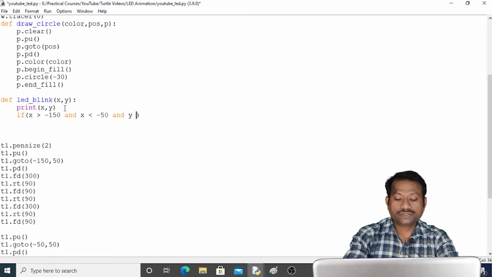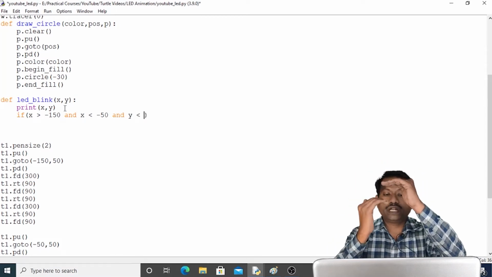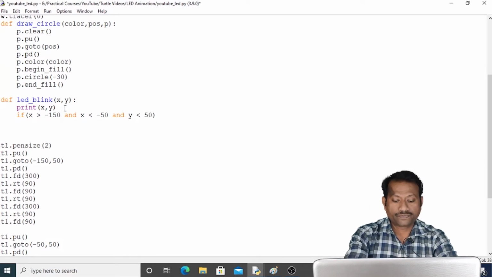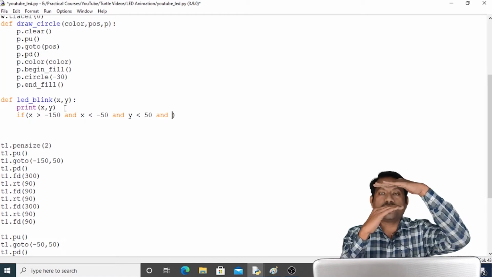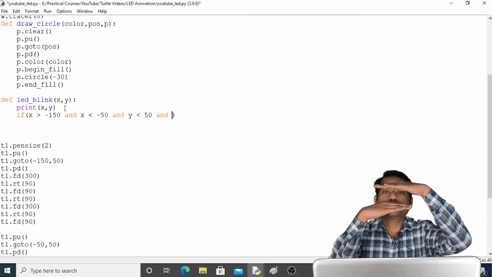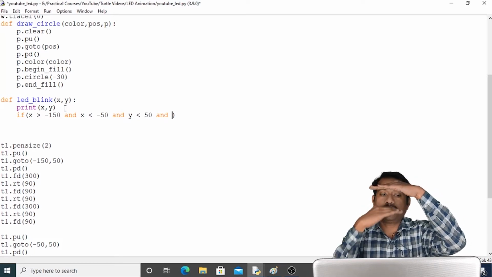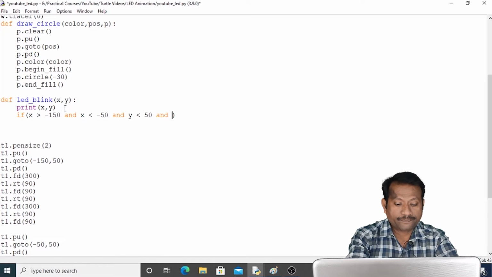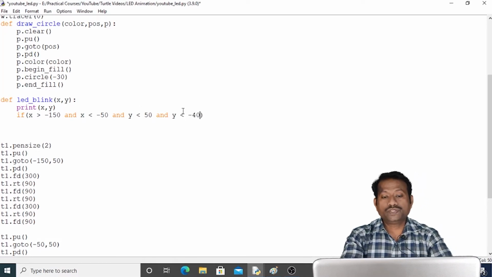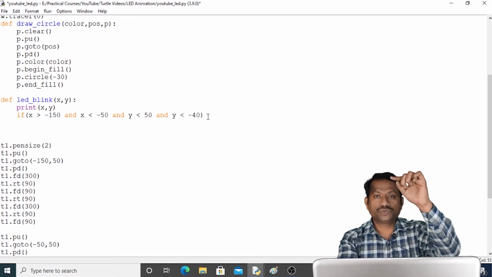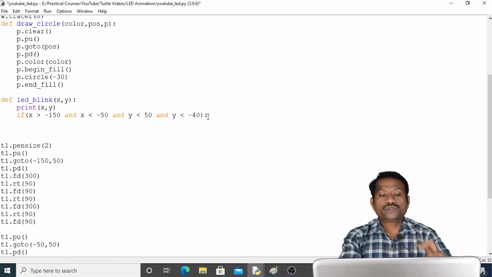If y is less than 50, so it should be below 50, and it should be greater than minus 40, because our y coordinate range for that particular rectangle is in the range of 50 to minus 40. So this condition becomes true if it is clicked in the area of the red LED, and it should change the color.